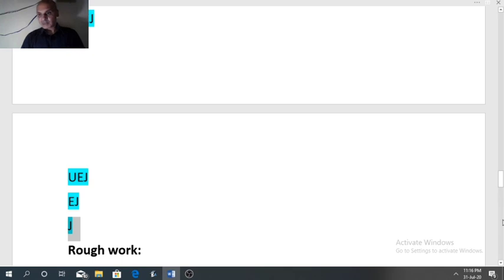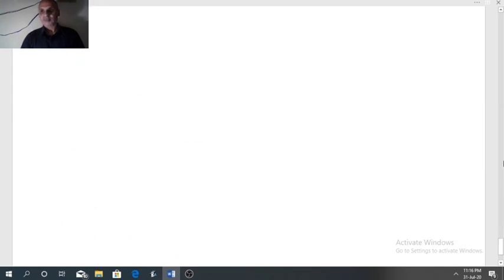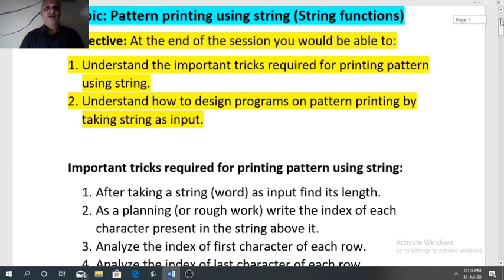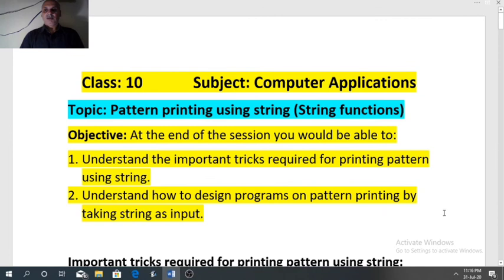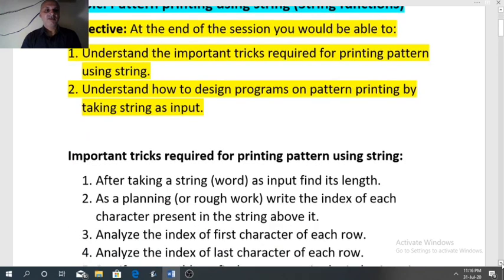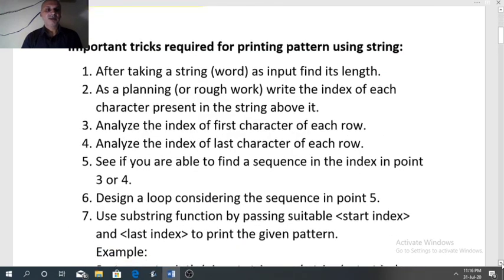So today we have discussed three programs. Let us revise once more. Today we have discussed the tricks required to print patterns using a string. 7 tricks are present here.